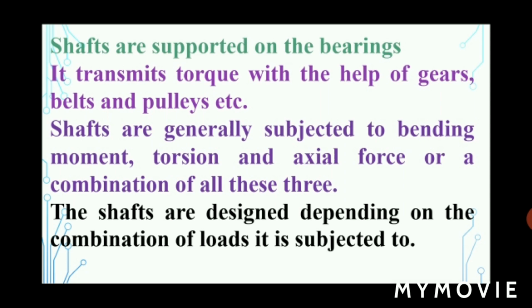This is another equation. Based on those parameters, by using those equations, suppose you have M by I is equal to sigma by y, normally E by R, radius of curvature. M is the bending moment, which plays a very important role, and bending stress plays a very important role. In the torsion equation, shear stress and diameter play a very important role. If you keep all these points in your mind, then it is easy for you to design the shaft by applying these equations.